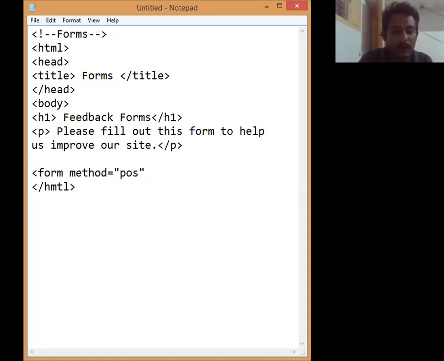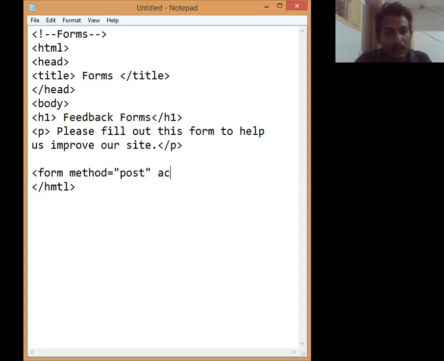For secure purposes, like banking, mostly they will use the post method. When you use the post method, the data you submit to the web server will not be displayed in the URL; it is encrypted and then sent, instead of get.